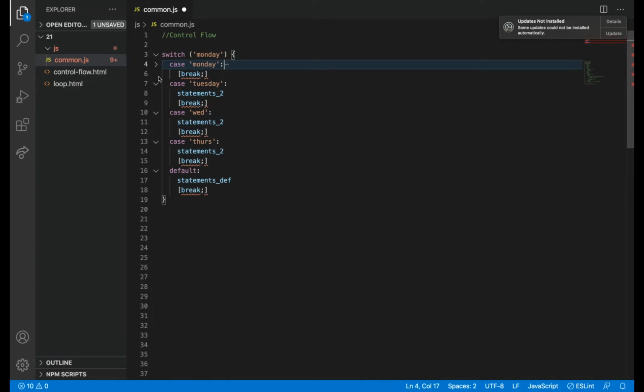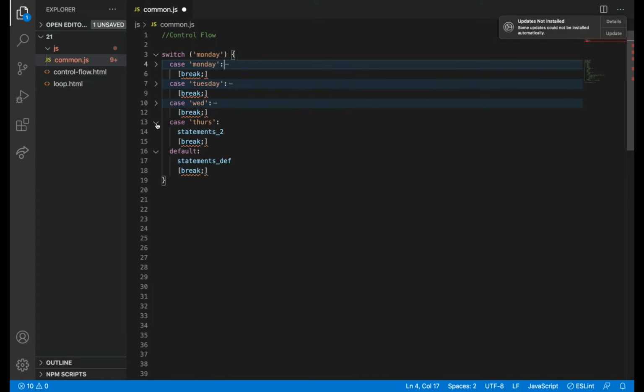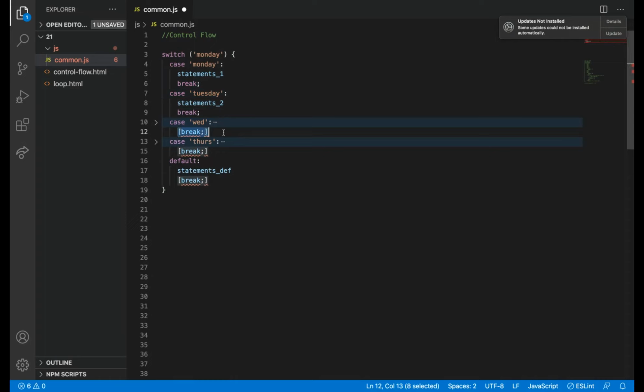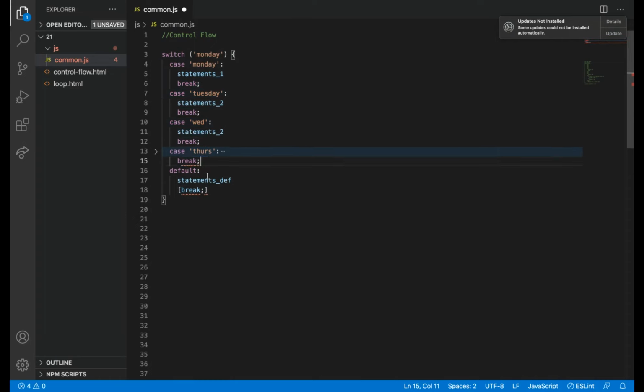So it matches with each case, and whenever the condition matches, it will go into it. Exactly like this, first it will execute this, and then it will find a break statement here. The square bracket won't come, that is just for syntax.